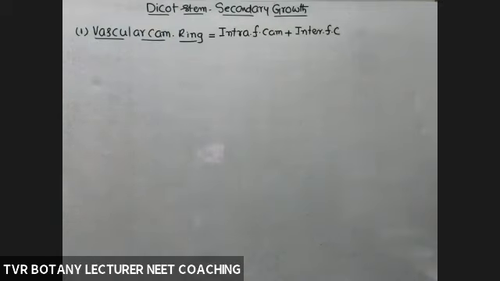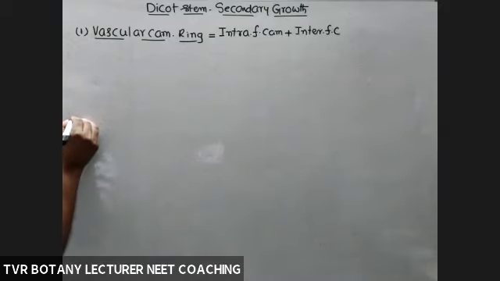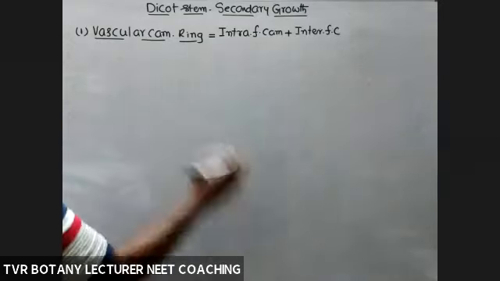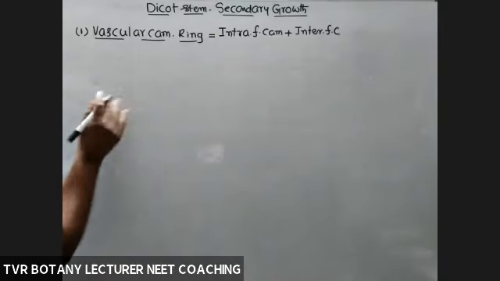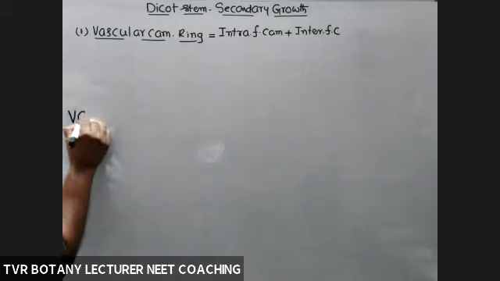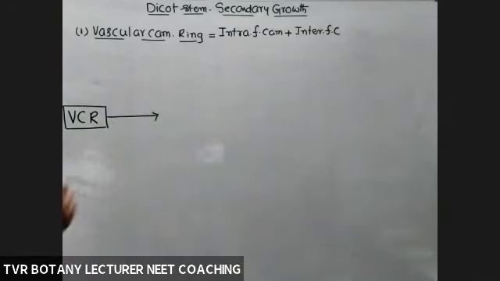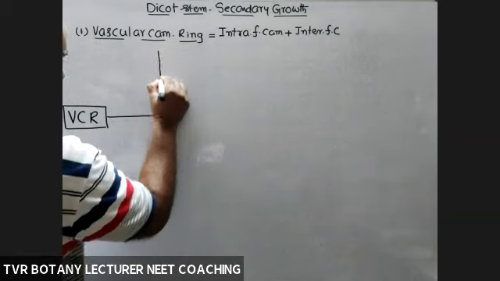Now the question is, what about the role of this one, and how is this vascular cambium able to produce secondary tissues? So vascular cambial ring is concerned with the formation of what structures? Without a diagram it is not required. You practice the diagram. This is a revision program. So vascular cambial ring is concerned with the following things. What are they? So one by one.